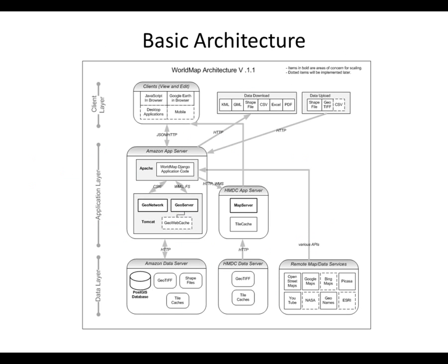I'll just leave this in here for the record. We can come back to it if you want to get into the details. But basically, you see there in the middle, there is an Amazon app server which is running Apache, Django, and GeoNode is running on that server, connecting to GeoNetwork, GeoServer, and a very, very important piece here that I have